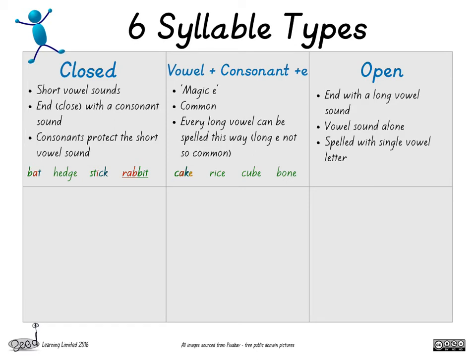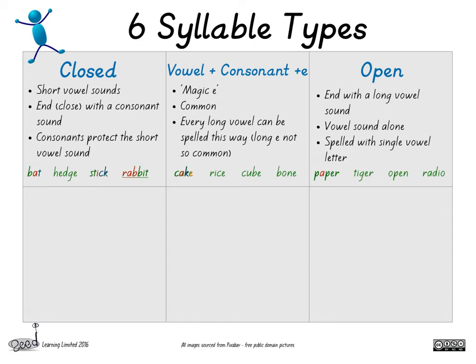We spell it with a single vowel letter. Here are some examples. Paper, tiger, open, radio. Notice that long vowel sound at the end of the syllable. Paper has two syllables, pay, per. Hear the long A at the end of the first, pay, and see how it is spelled with just